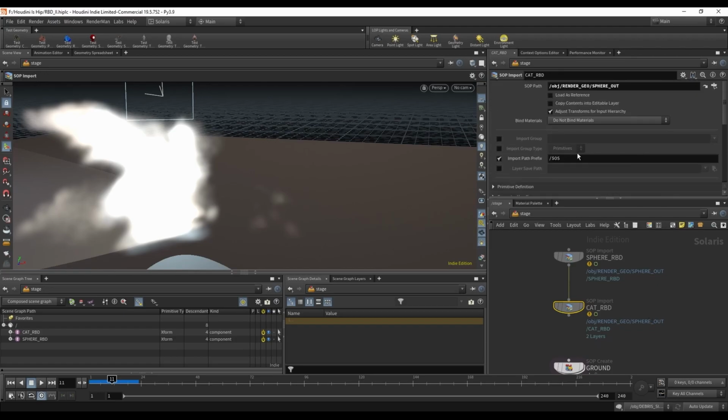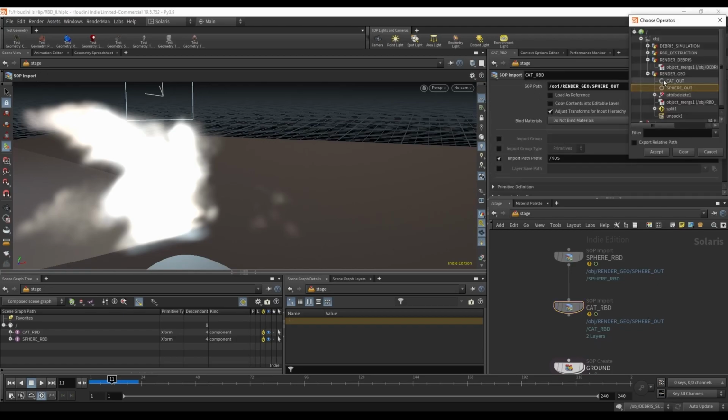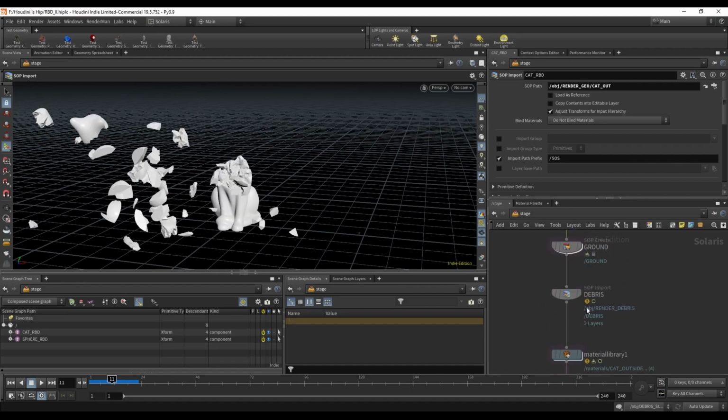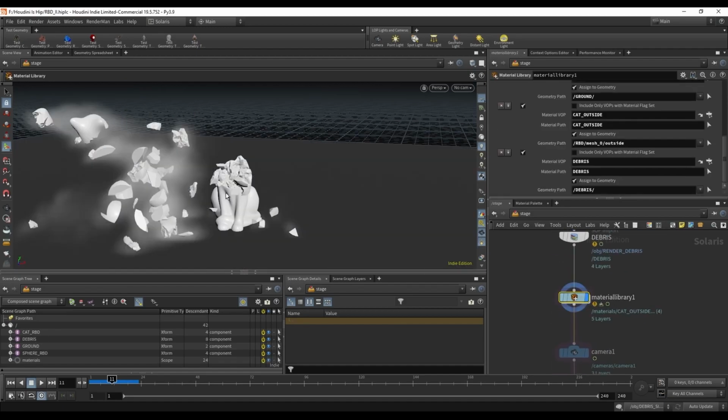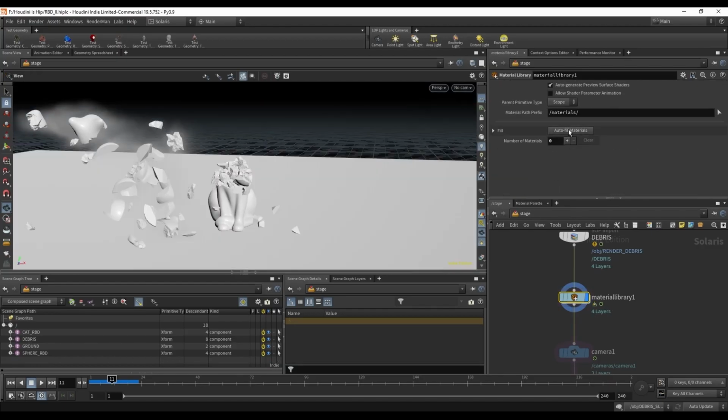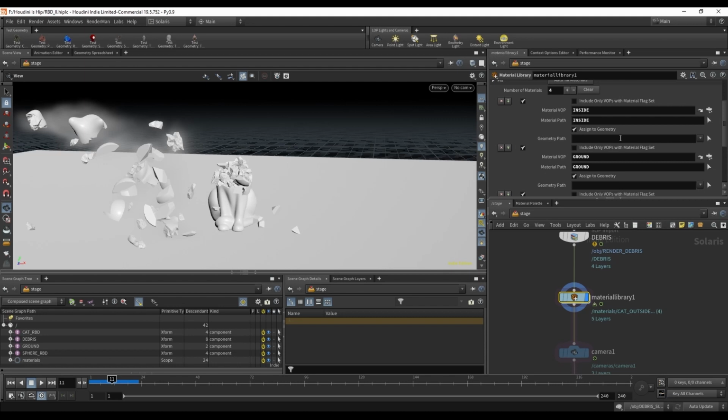And the only thing that we need to change is what we're bringing in. In the SOP path over here, just choose the cat. And now we have the sphere and the cat, and we plug that in. And then from here, we can make changes to them individually. So I'm just going to clear all of our assignments over here, autofill materials, and we can just reapply all